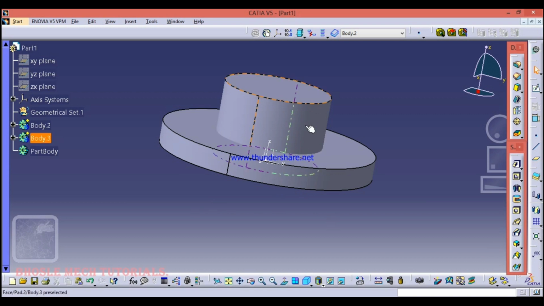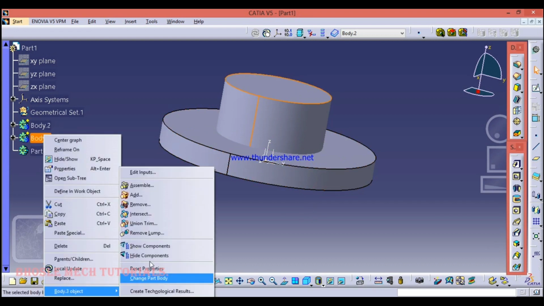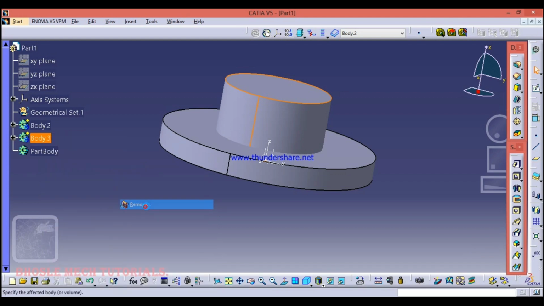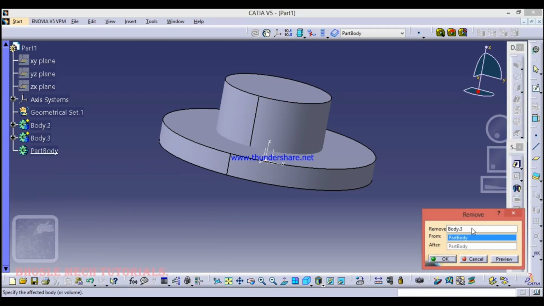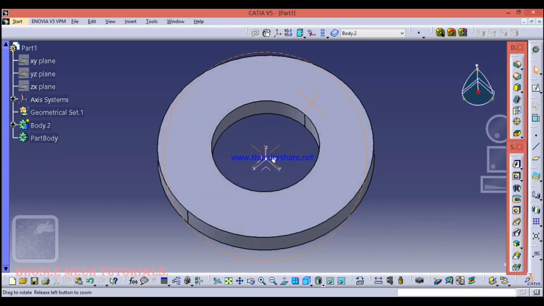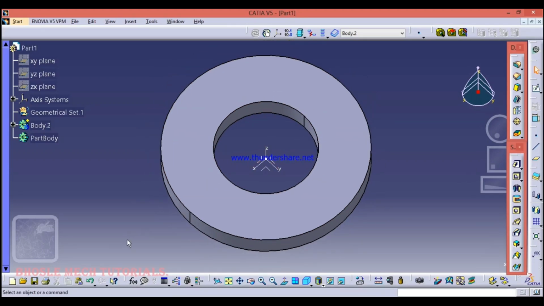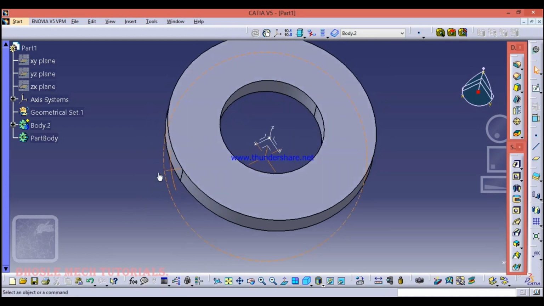Okay friends, now there is no relation between these two. Same, body 3, go for body 3 object and remove. This removes body 3 from body 2. Okay. See friends, body 3 is removed from body 2. Like this you can operate the pocket command here.